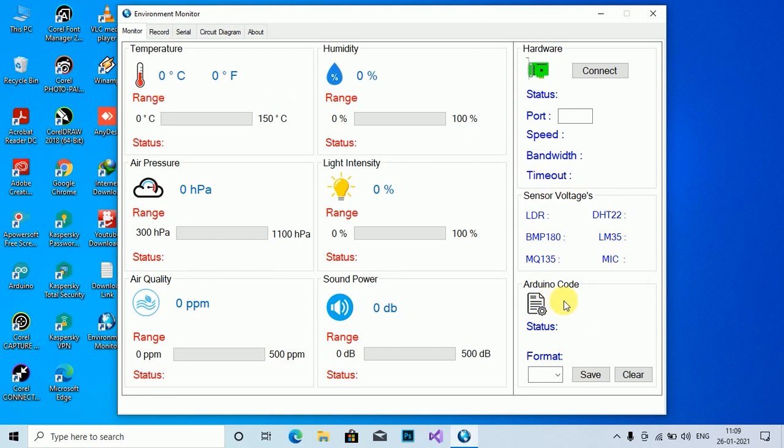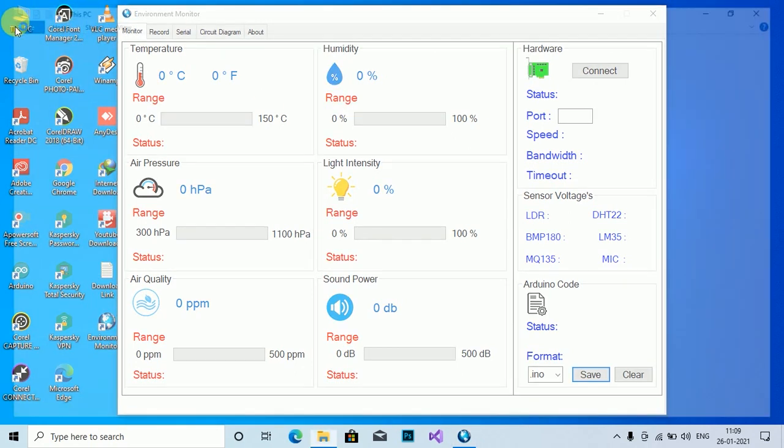On the Arduino code, select the format and click on save button. If you see the file has been saved in my documents, go to my documents.